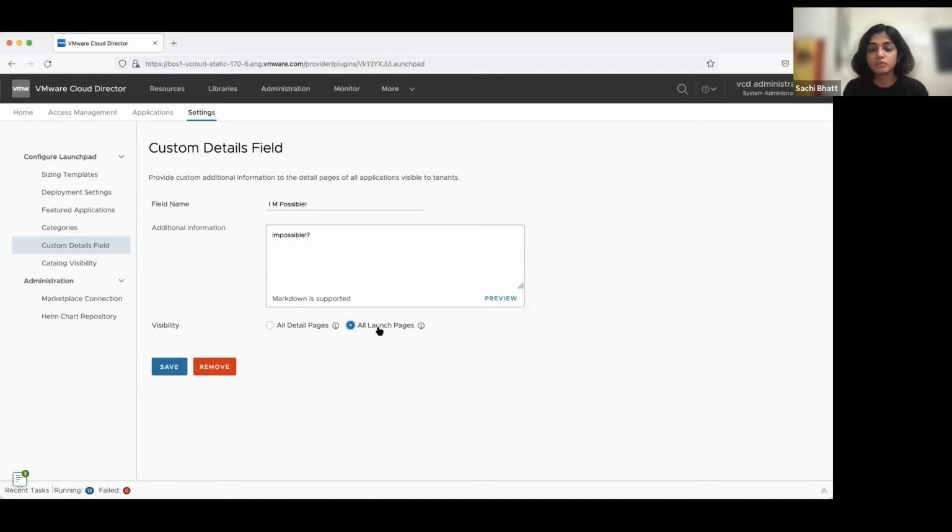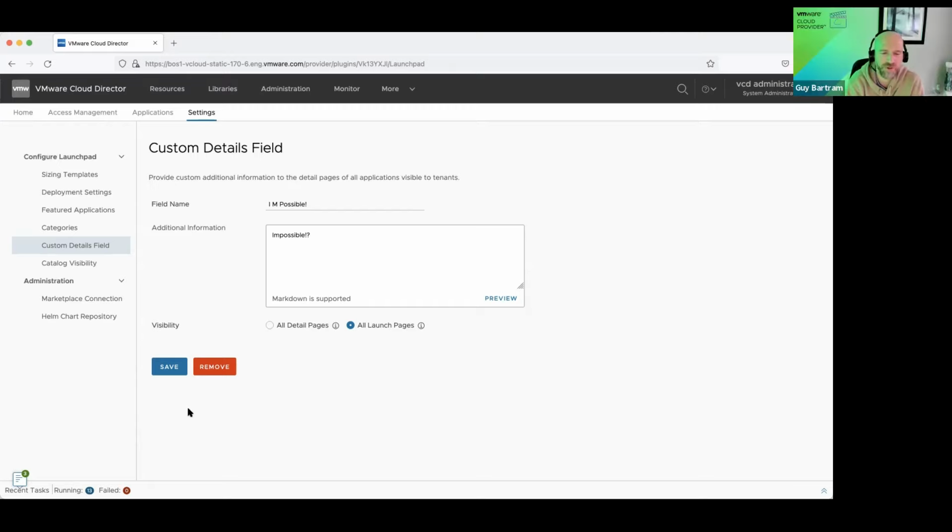If you want, you can set it to all launch pages as well. That's more of a generic setting. It's not done per application, and it's not per customer organization. It will appear on all the applications that we are publishing.